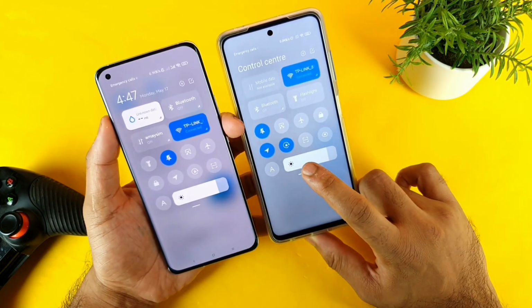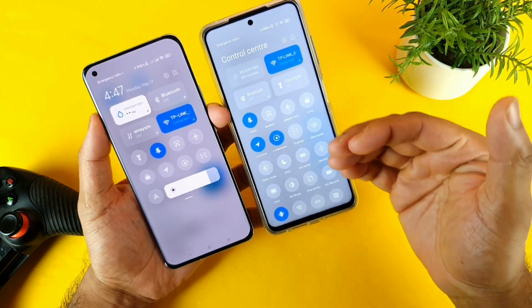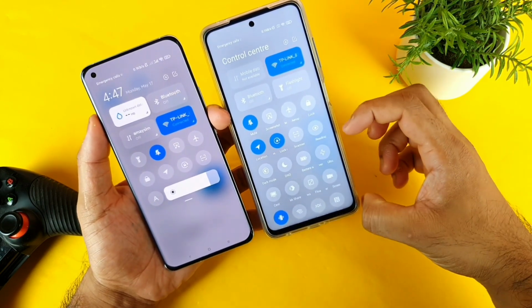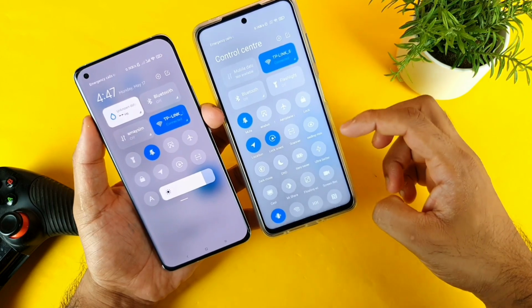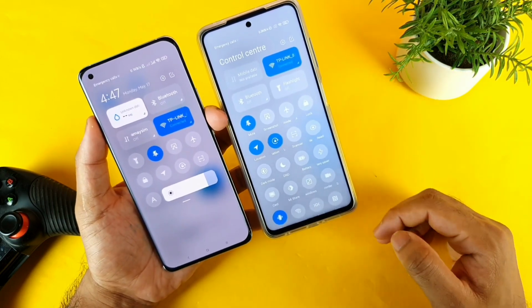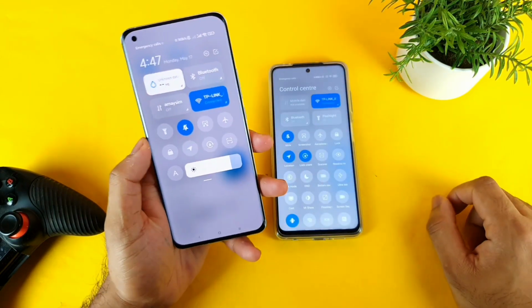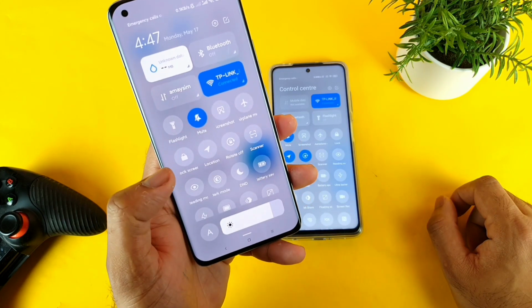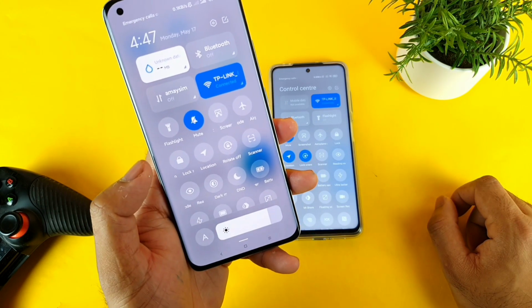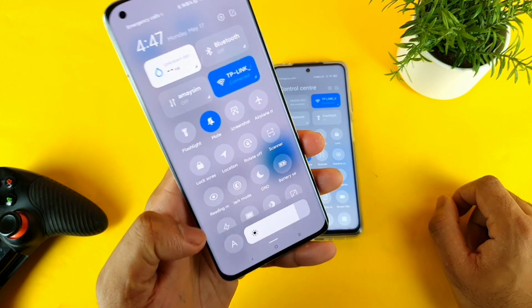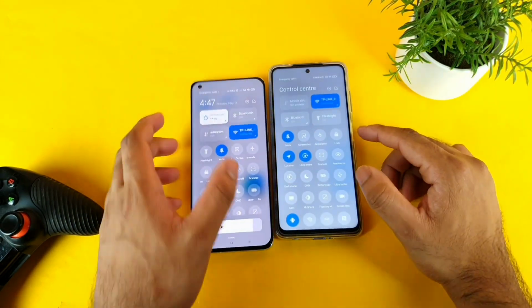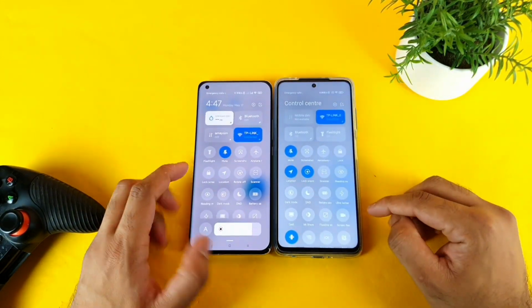But if you swipe a little bit downwards, you get plenty of options, as you can see friends, 1 2 3 4 5, so many options. But in this MIUI 12.5, if you swipe downwards, you get only 1 2 3 4. You can compare the difference between both, how many options versus how many options.